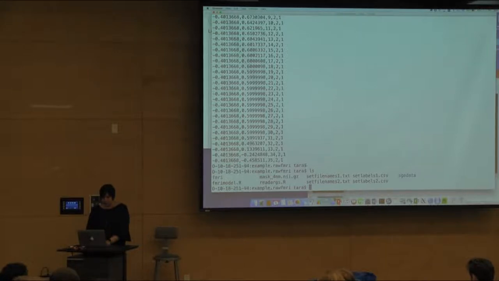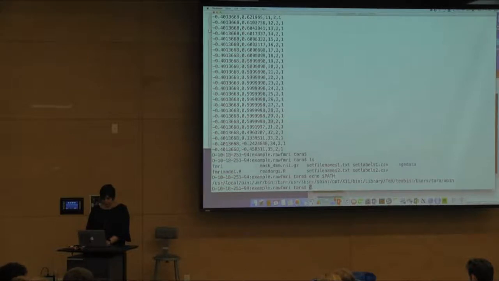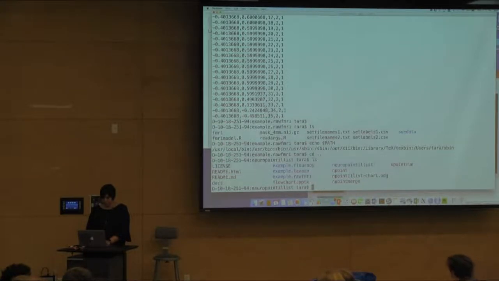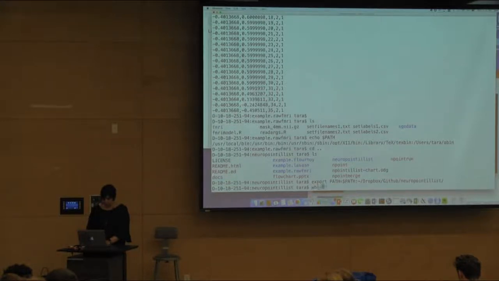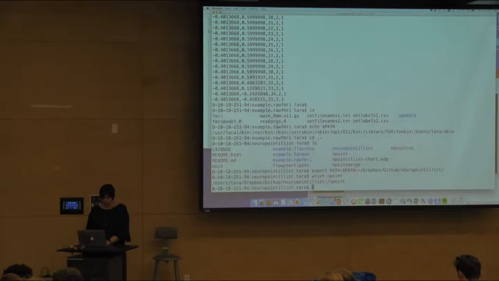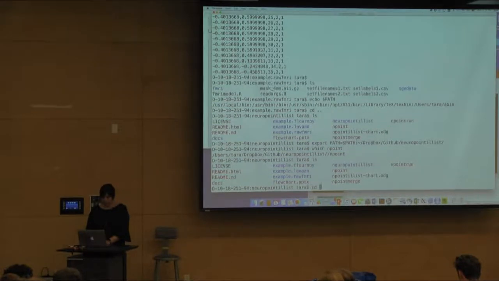So if you have put the commands in your path, and I have not at this moment, I'm just going to set my path to include them. If you download it, this is what you get. Endpoint, endpoint run, and endpoint merge are the things that you care about. So I'm just going to put those in my path. Make sure that it's there. Okay, good. So now if I go into that example,